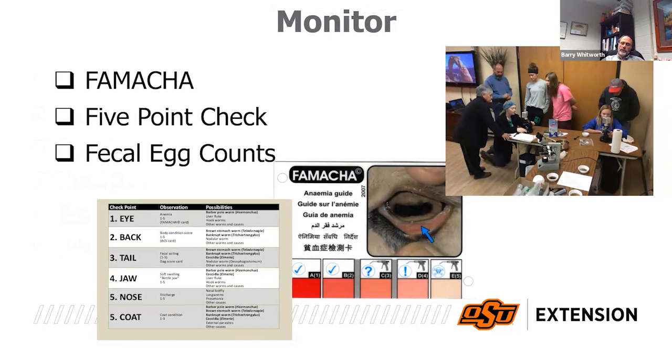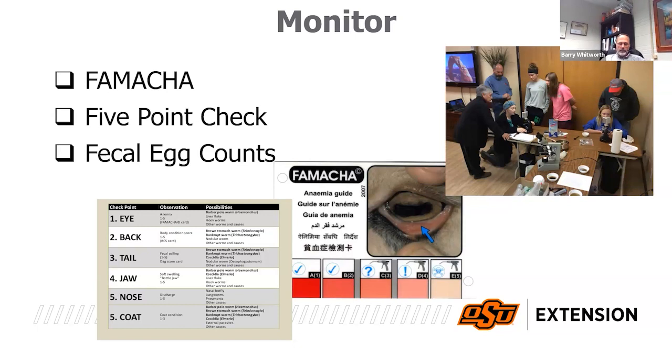FAMACHA is very popular. It's relatively easy for us to do. We can do it on an individual basis. You don't have to have a lot of sophisticated equipment or take time to do anything. You can use that card and check them real quick. And I think it's a great way to check the goats. You have to remember it's only good for Haemonchus, though. It's not good for any of the other worms. That's why some people have